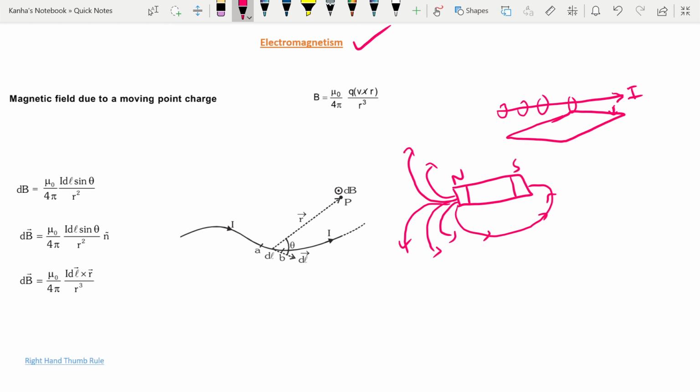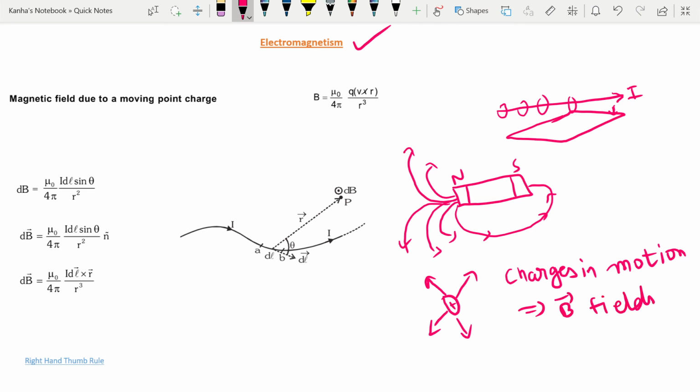You should note that the magnet is producing a magnetic field around it when it is at rest, while an electrical charge at rest produces an electrical field around it, which we saw before. You should also note that a current carrying conductor has a magnetic field and not an electrical field around it. On the other hand, if a charge is moving with a uniform velocity, then it has an electrical as well as a magnetic field around it. What this says is charges in motion lead to magnetic fields or B fields.